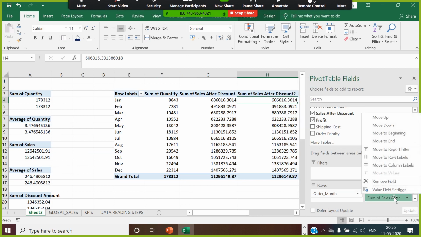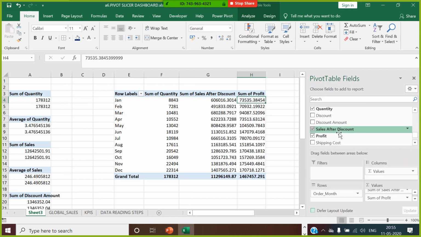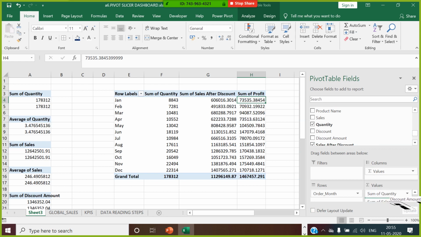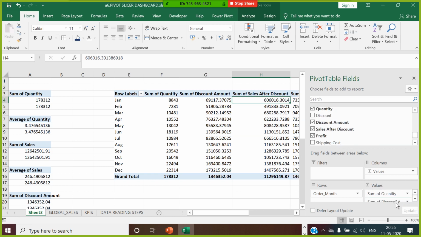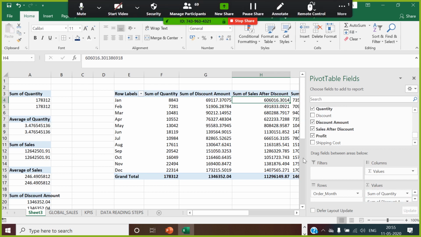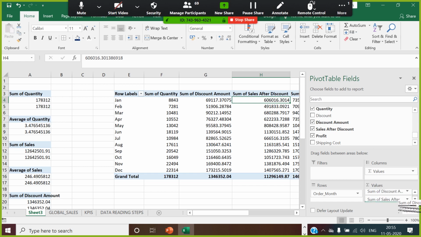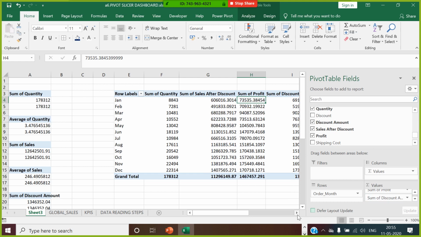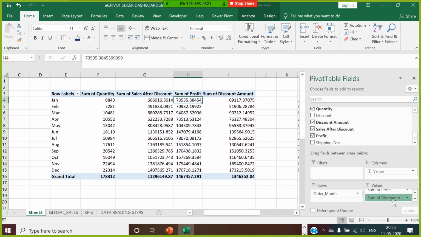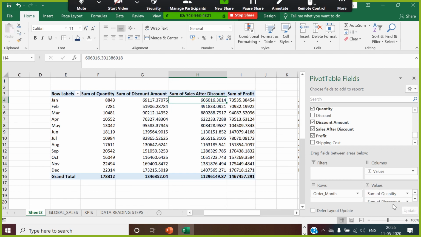So in this case, again, this is called discounted amount. Now you have to bring this discounted amount before you try to adjust this.